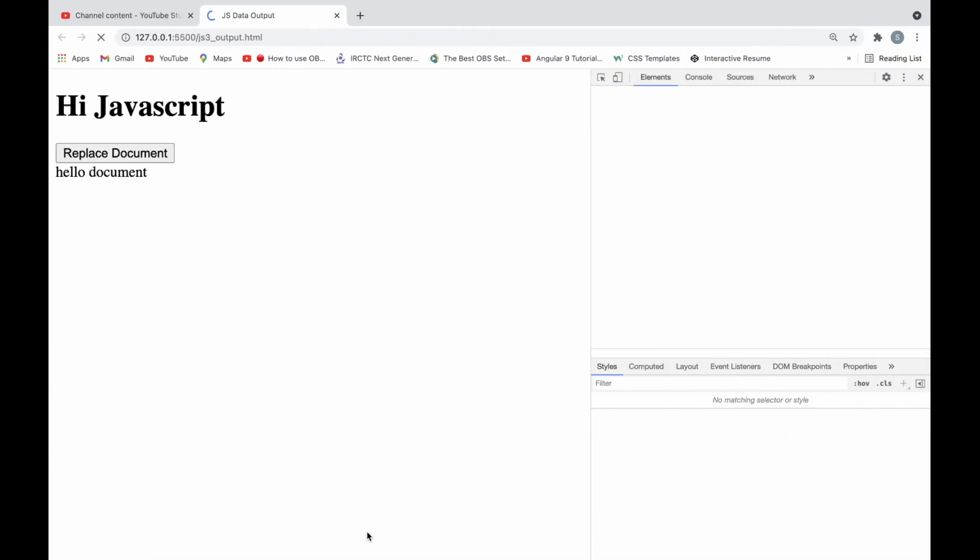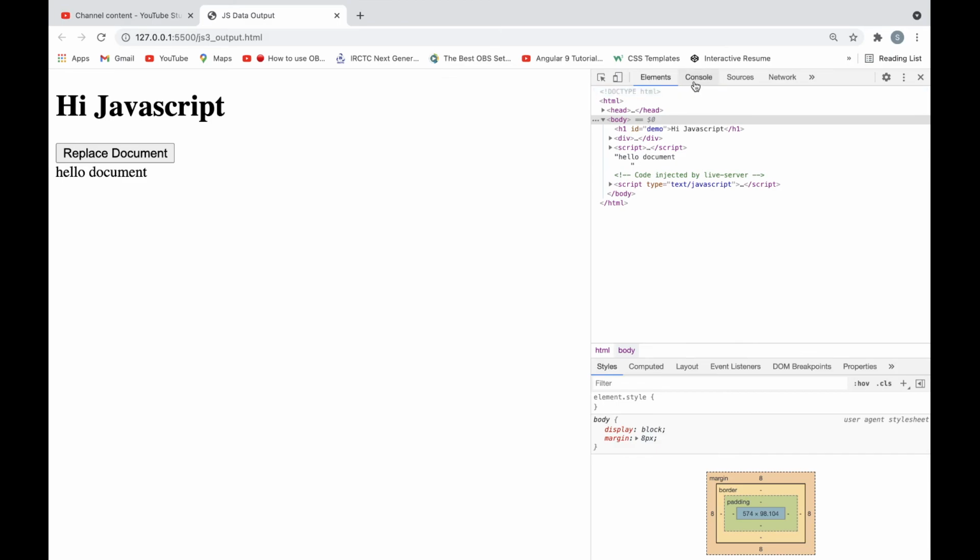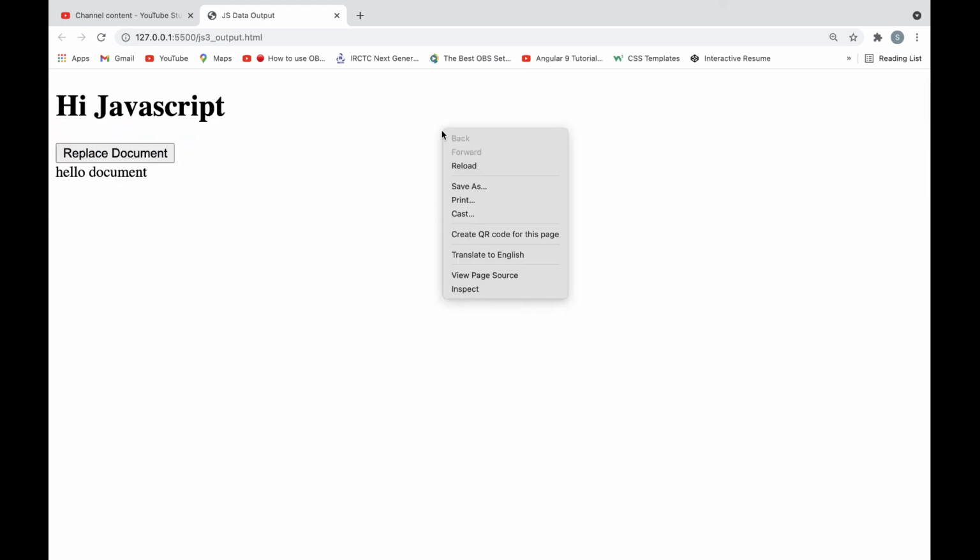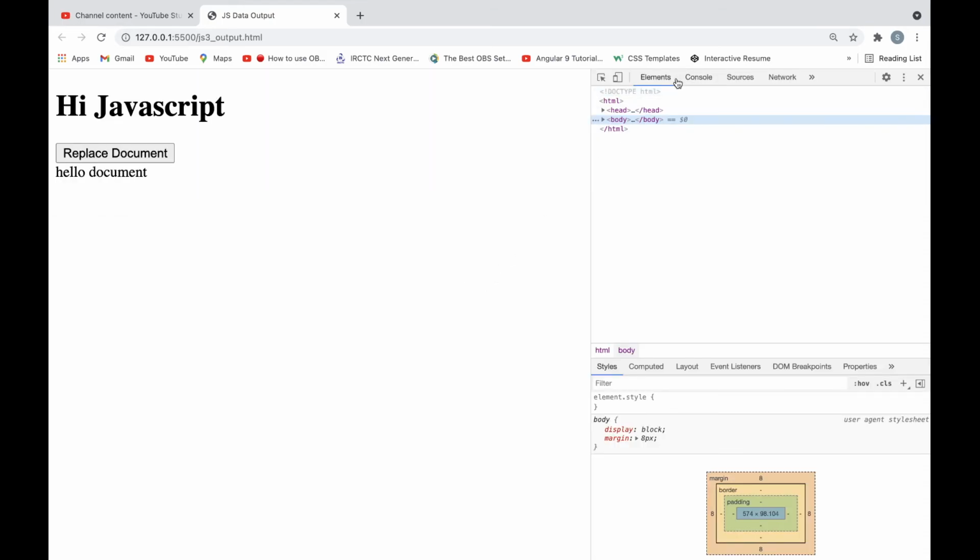Let's go to the browser. Here you right click on the browser and you will find inspect. Just click on that inspect, and it will open the right side part. I'm closing and opening it again for you. I'm right clicking and choosing inspect element. See, it is coming here.